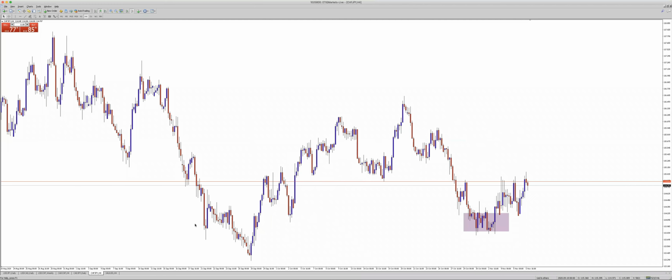Next will be CHF yen. Okay, so CHF yen I'm seeing the upside exposure, right? It might have two kinds of possibility. First, it drops to this level. Of course, if it drops to this level, I'll just go in, very good trade. If it goes up and retests, then I will also go in, very good trade. But I will wait for a confirmation. And then after waiting for confirmation, I'm going to validate whether this confirmation is valid or not.